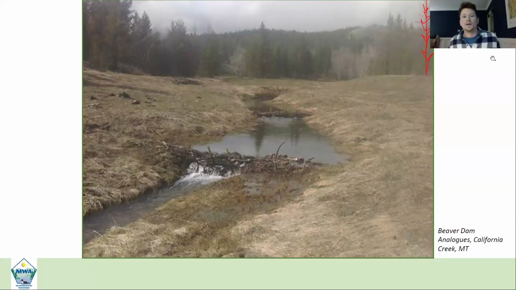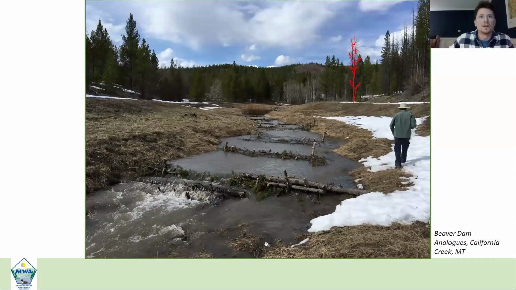There, okay. So this is a really early project in western Montana. You can see on the lower left, that's the system we were dealing with. This thing was like 2 feet wide. You could trip over it and not get wet. And the first year we started adding these beaver dams, all of a sudden we've got an 8-foot wide channel. The next year we keep building off these beaver dams. Now we've got a 12 to 15-foot wide channel. You can't trip over the stream without getting wet anymore. And you'll notice that not only is the water moving slower, it's dropping out sediment.